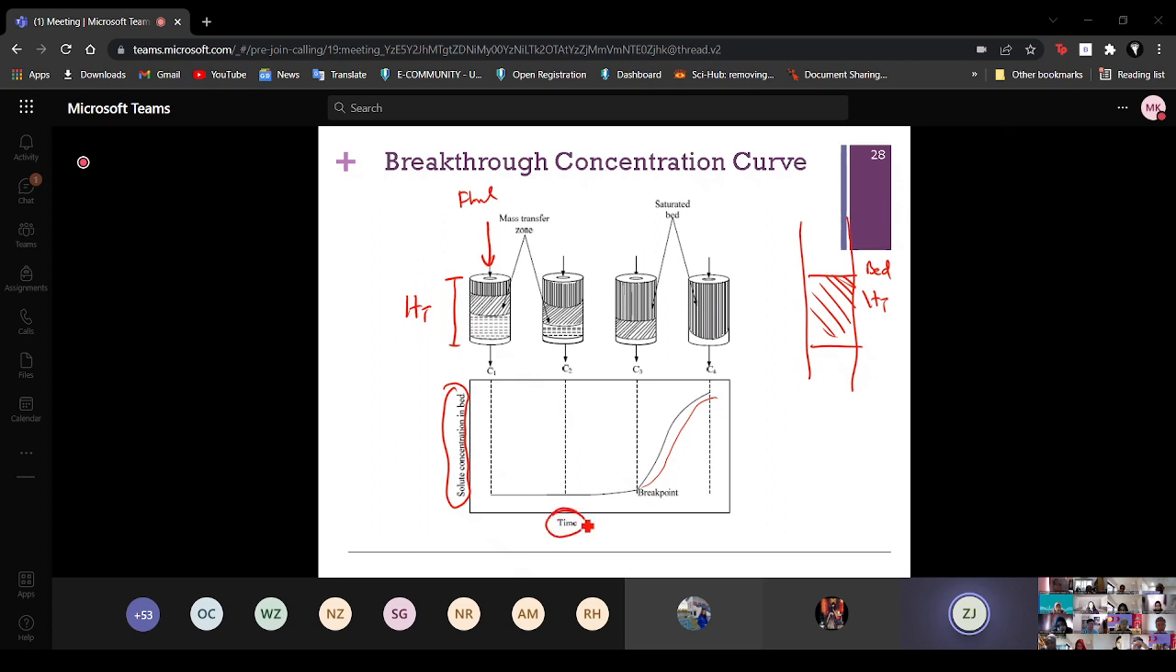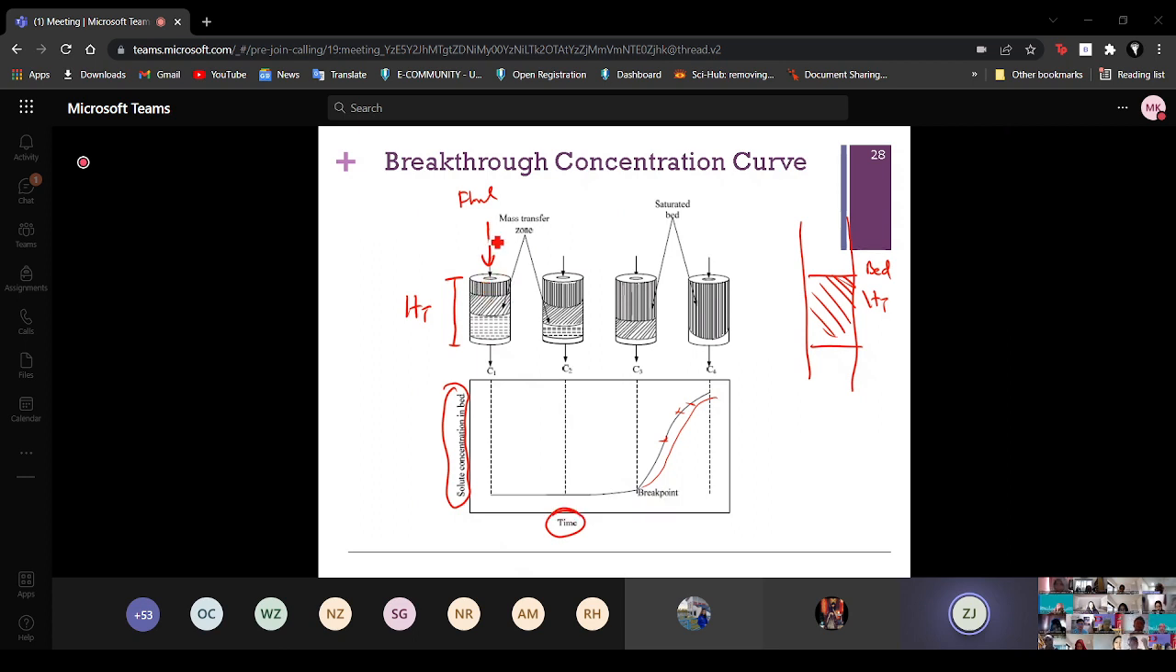And this is time. If you run more time, finally you will get the mass transfer zone. If you run only briefly, you won't get the data here. You will not be able to reach that mass transfer zone. Okay. So before you want to reach that, you have to understand, in adsorption,